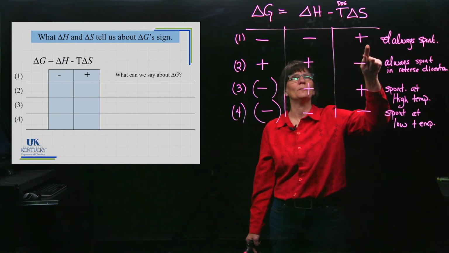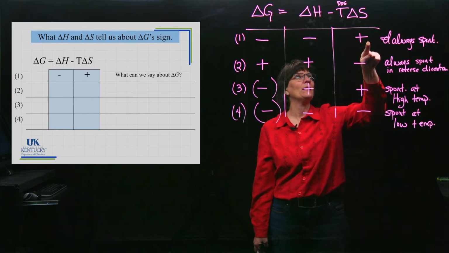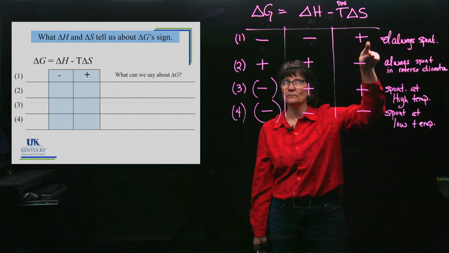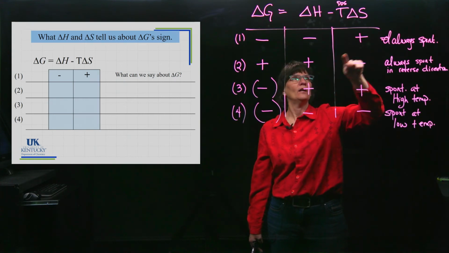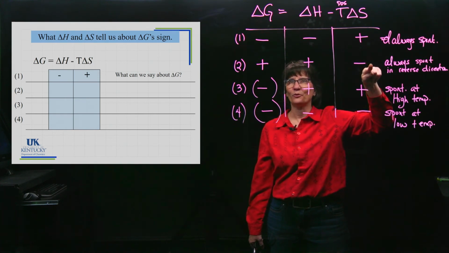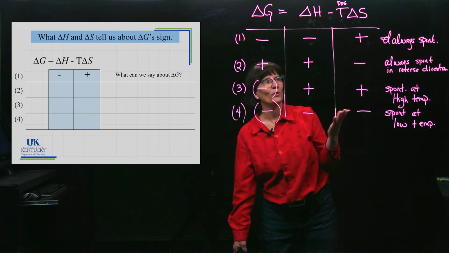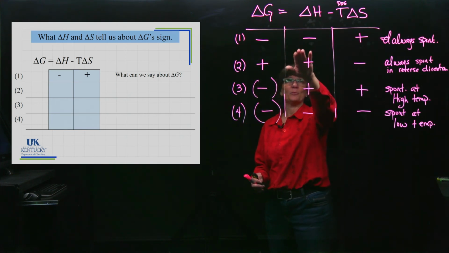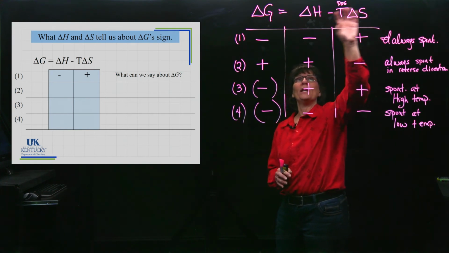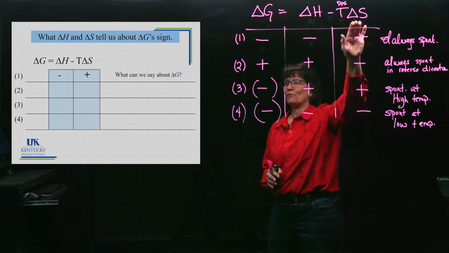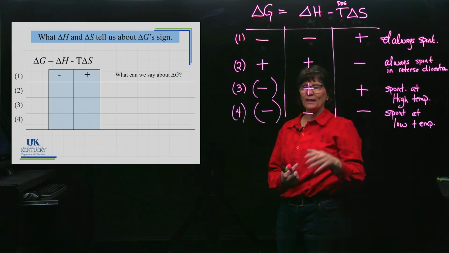Now, how about this one here? If it's spontaneous as exothermic and getting more disordered, and we reverse the reaction, it's no longer exothermic but endothermic. It's no longer more disordered, it's less disordered. So can you see that we have just reversed the reaction? And so it's not going to be spontaneous in that way, but if you flip it around, it'll be spontaneous. So that is the connectivity between these thermodynamic terms that we've learned and this value, conceptually,